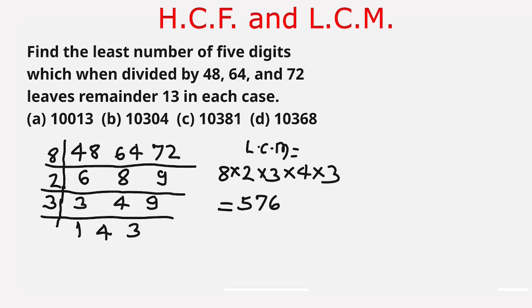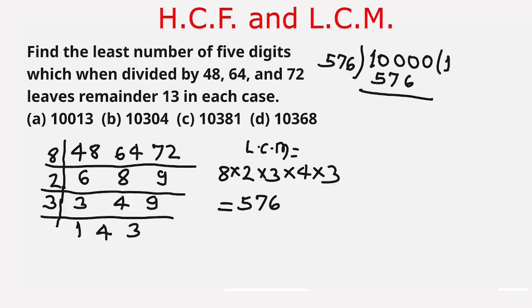Now the least 5-digit number is 10,000. We divide 10,000 by 576. 576 divides 1000 for one time. 1000 minus 576 is 424. We carry 1 0 from above. 576 divides 4240 for 7 times. 7 times 576 is 4032. On subtracting 4032 from